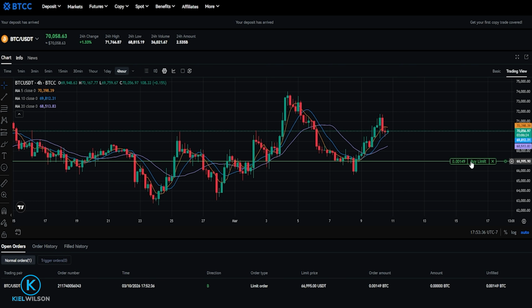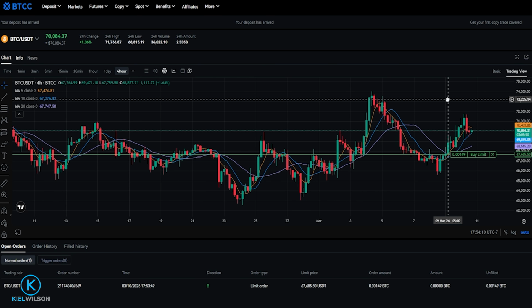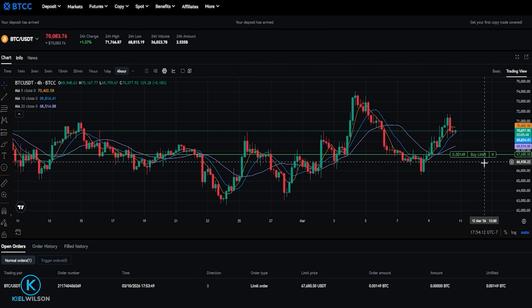Now I'll also point out you can easily amend these. If you just hold down left click over top of your limit order, you can see that I can actually move this around. So let's imagine I wanted to move it up a bit, maybe something like this. I'll let go of left click. And as you can see, I just amended that buy order up to